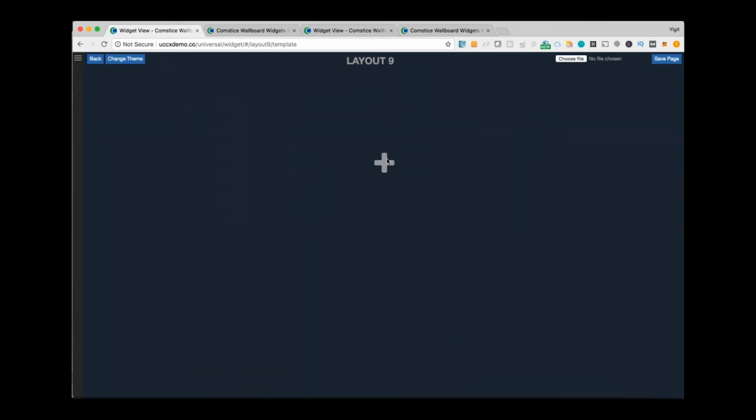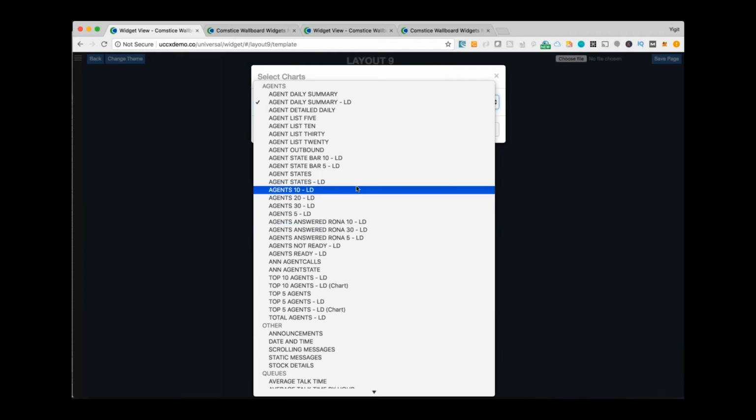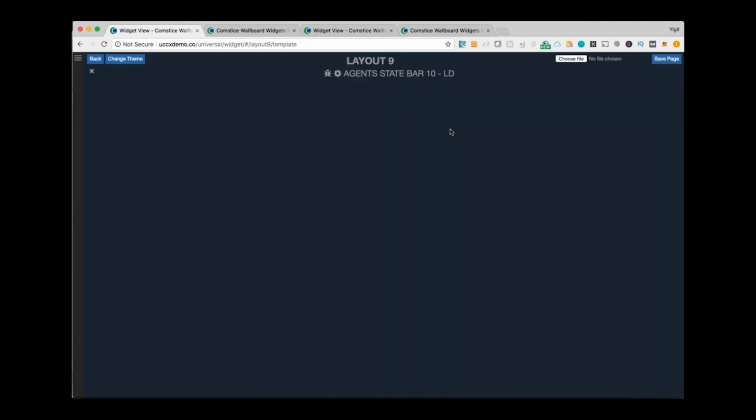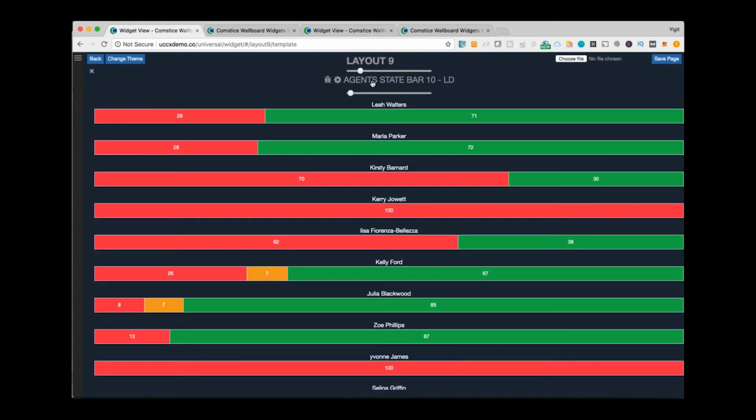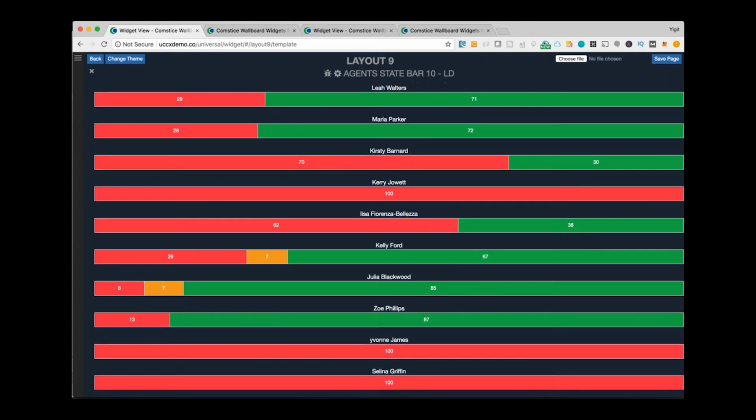The last one that I would like to show you about the agent information is the agent state bars. This became very popular recently, and we built quite a few different versions of that in different shapes and sizes. Agent state bar helps the team leaders to see the snapshot of agent availability during that day as a percentage. So imagine lots of agents log in, log out during the day, but each bar shows one agent and their overall login time as a percentage, and then what percentage of the time they were logged in, they were